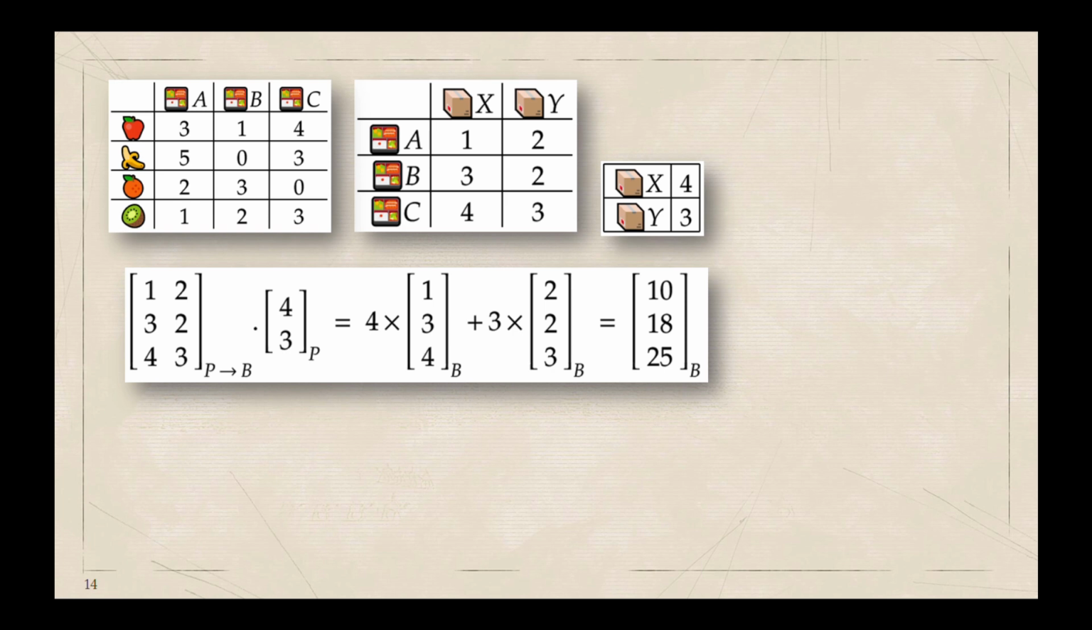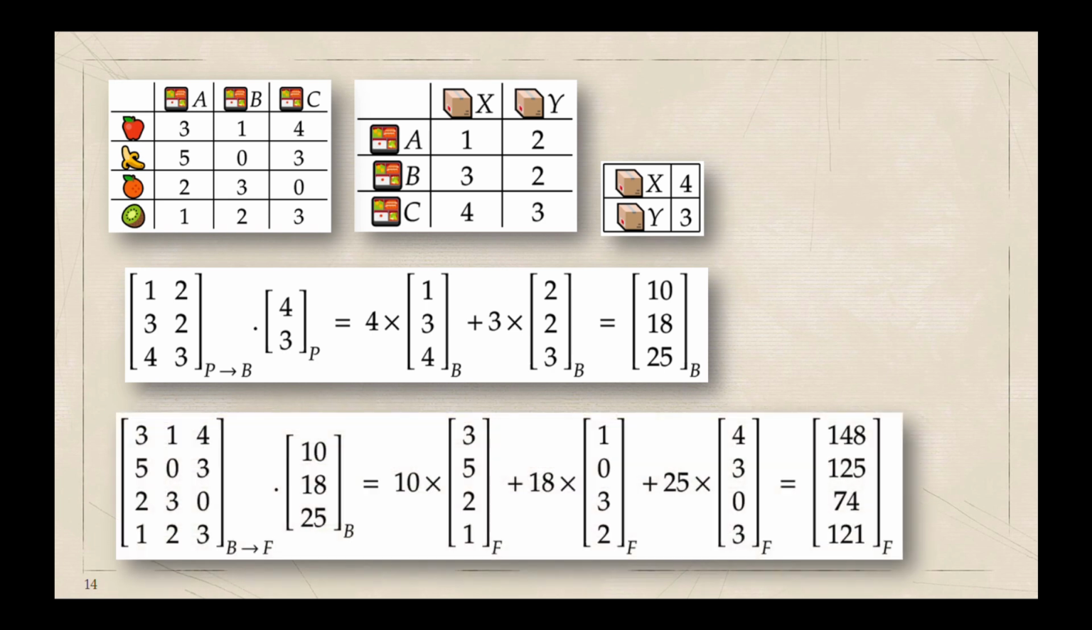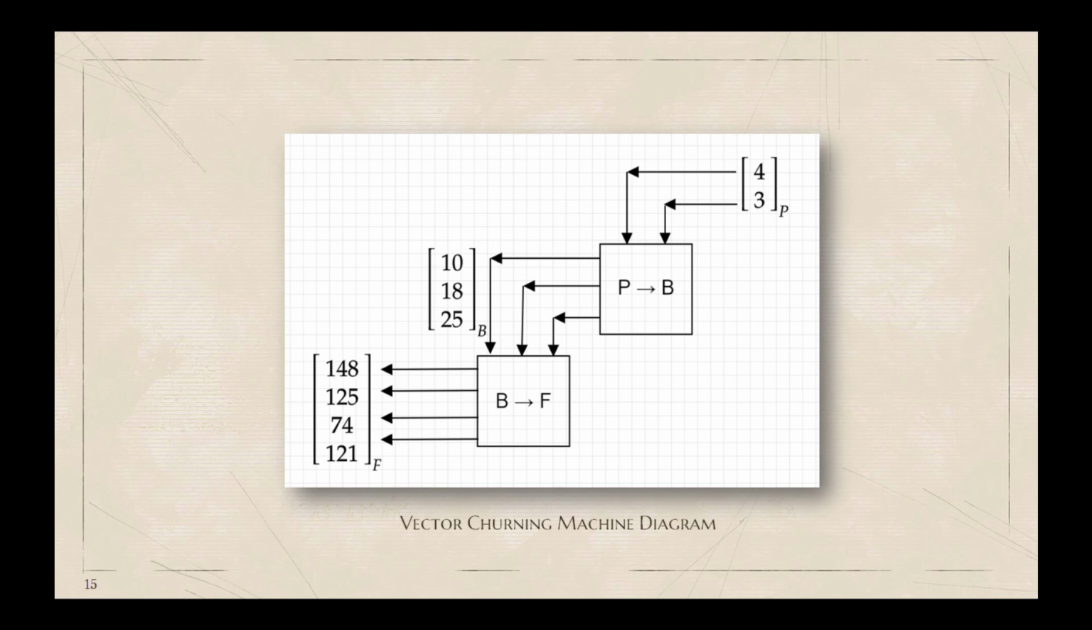Now I can use the box to fruit translator to get the number of each kind of fruit I have purchased. See how we have used two matrices here to translate my order from package world to box world and then from box world to the fruit world. Let's look at the vector churning machine diagram for the above process. We started with my package orders or the package vector 4, 3